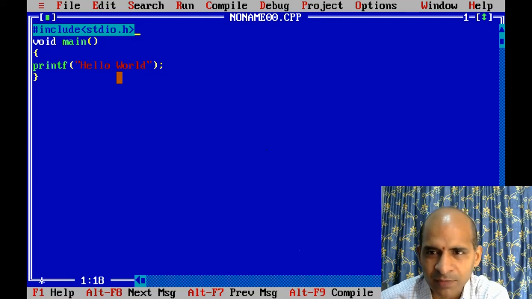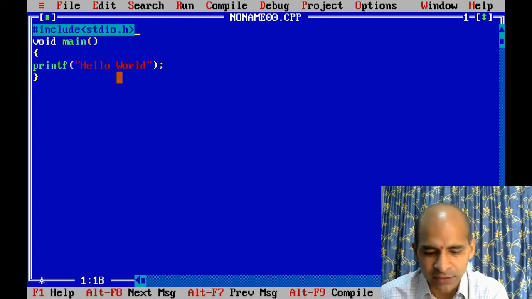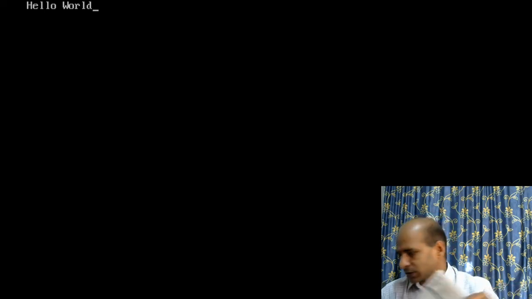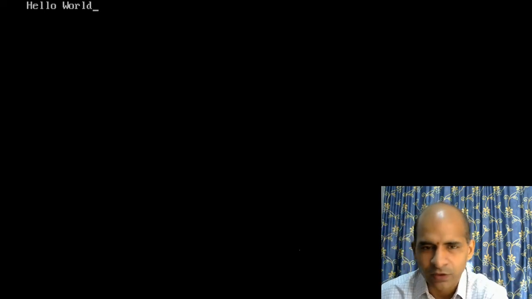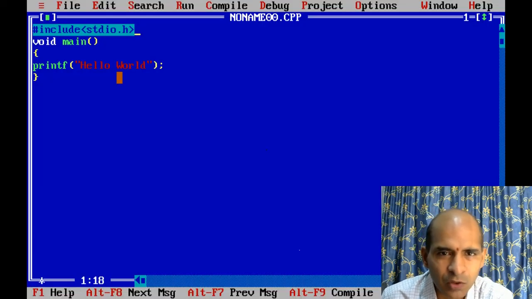So already the program is available on your black and white screen, or output screen. In order to jump from the blue color screen to the black and white screen, you have to press Alt F5. You have to press Alt F5. So now we are getting the hello world. So this is the process of how your first program will be displayed on your screen.